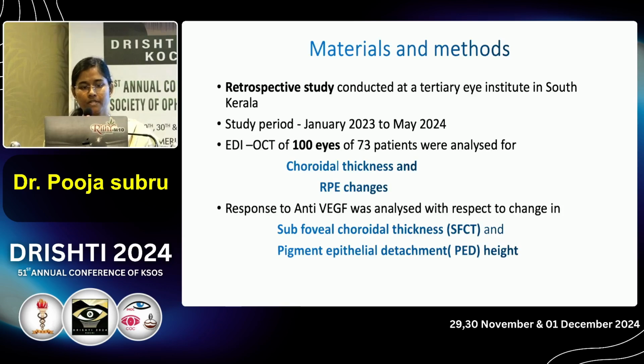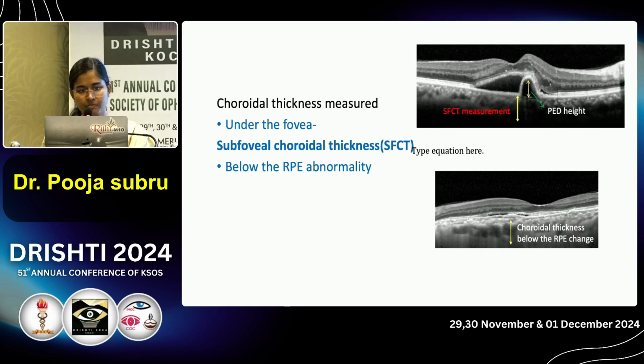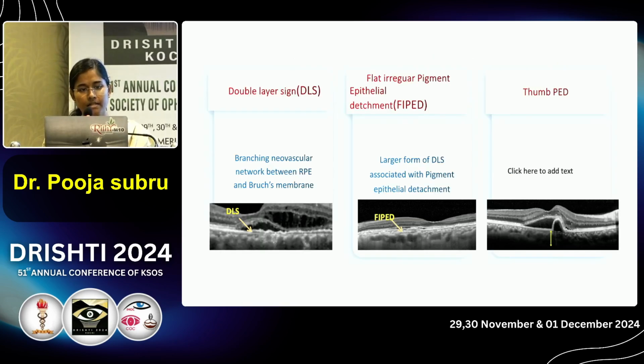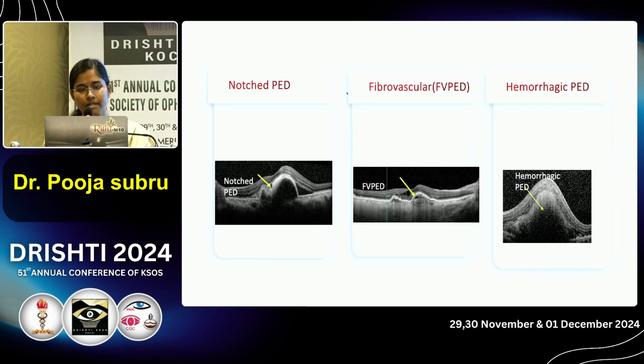It is a retrospective study conducted over a period of 1 year. EDI OCT of 100 eyes of 73 patients were analyzed for choroidal thickness and RPE changes. Response to anti-VEGF was analyzed with respect to change in subfoveal choroidal thickness and pigment epithelial detachment height. The choroidal thickness is measured under the fovea, subfoveal choroidal thickness, and below the RPE abnormality. The retinal pigment epithelial changes studied are AA sign, various PEDs like flat irregular PED, thumb PED, notch PED, fibrovascular